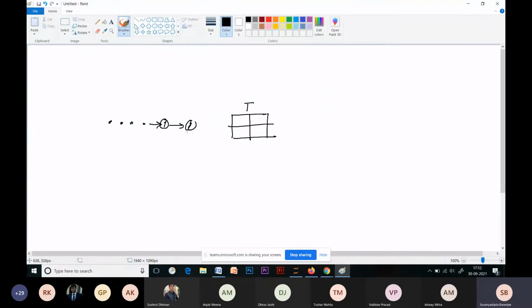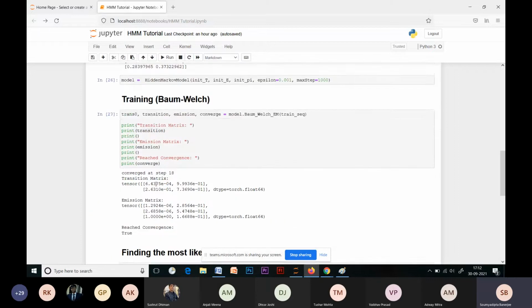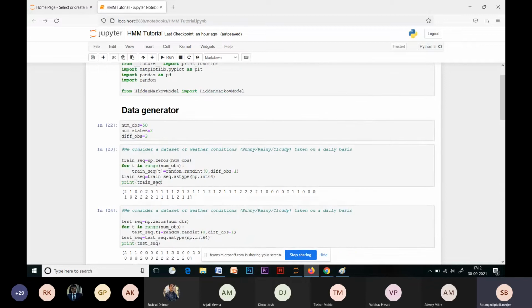And now that I know it will most likely go to the 1th state, I could find out the most likely observed state that it is going to produce. So this is basically how we can use it for predicting, or rather forecasting. Again, this is a very elementary example just to show you how it works. Obviously, we could modify this example.